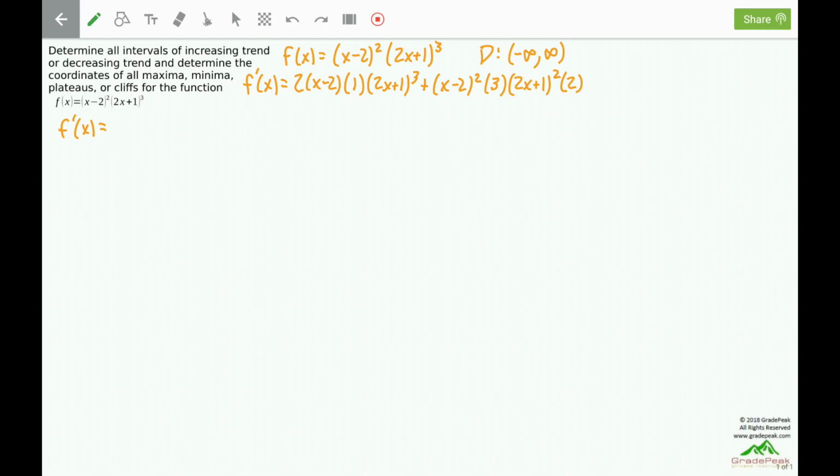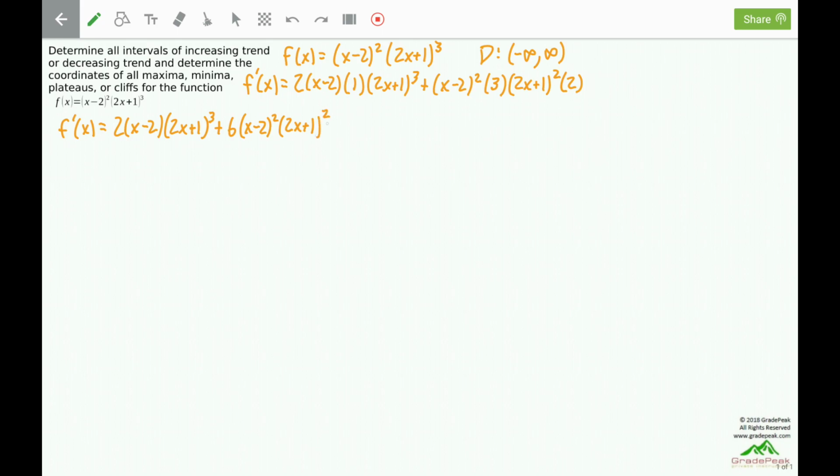We will want to fully factor the first derivative. For the first term, we can collect together the constants. There's a 2 and there's a 1. 2 times 1 is 2. Times x minus 2 times 2x plus 1 cubed, plus the second term. We can put together the constants. Everything's multiplied, so you can multiply in any order. 3 times 2 is a 6. We can put that out front. We have x minus 2 squared times 2x plus 1